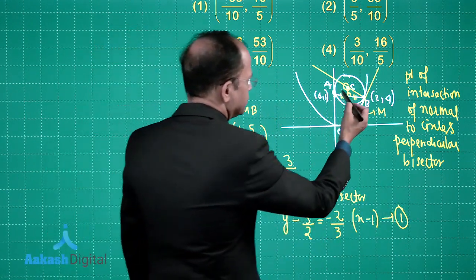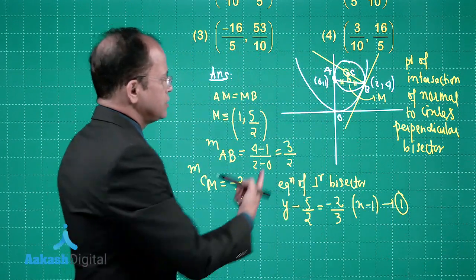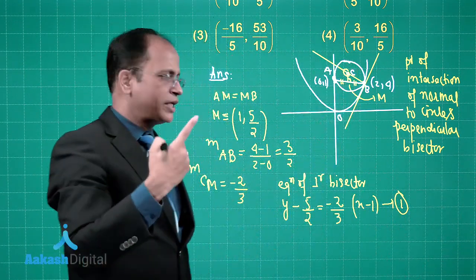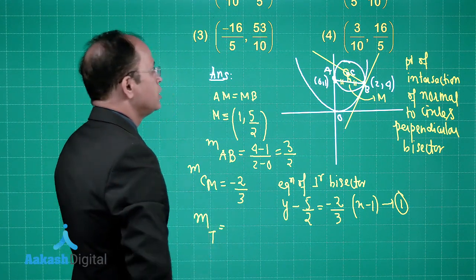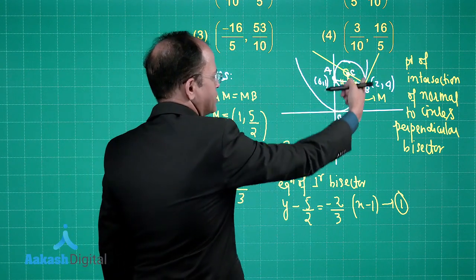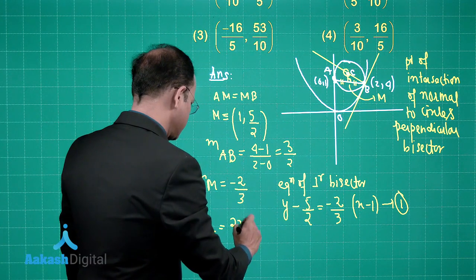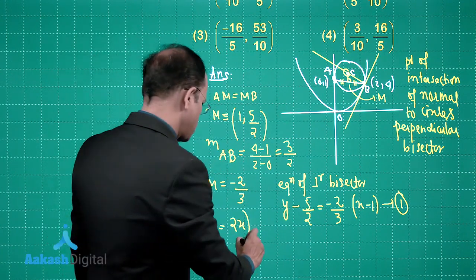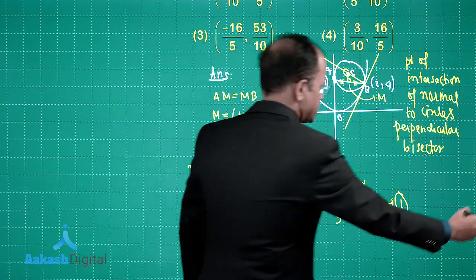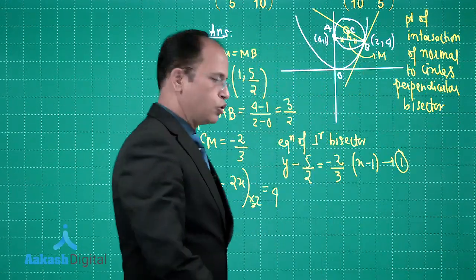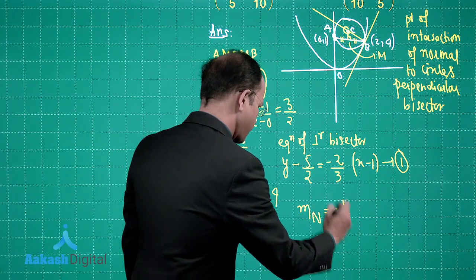Also you have to find the equation of the normal. So how can you find it? Since the tangent and the normal are perpendicular to each other, that means slope of tangent will be how much? Because we are taking this parabola also, so we have 2x at x equal to 2, which is coming out to be 4. So what is the slope of the normal? Slope of the normal is minus of 1 by 4.